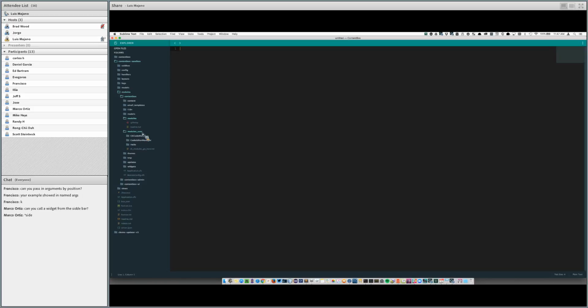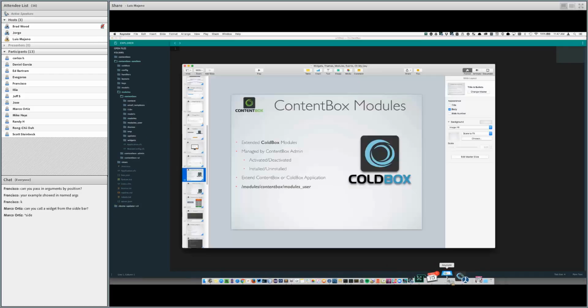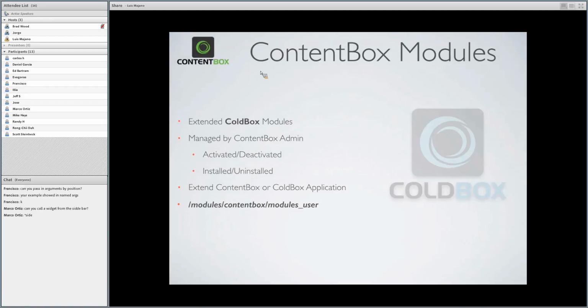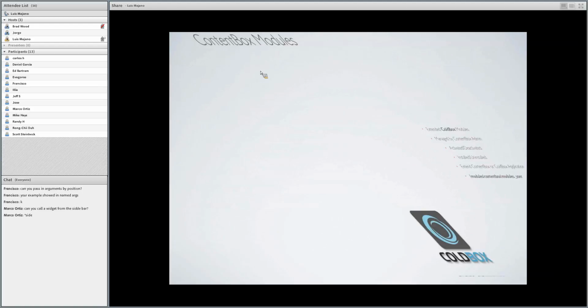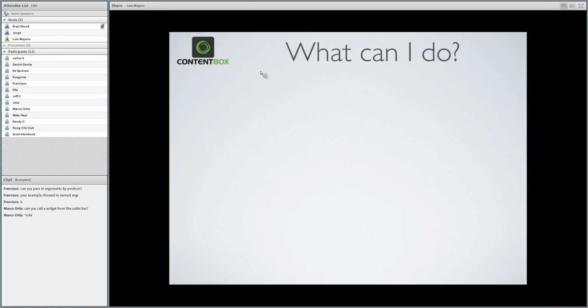Inside of the ContentBox module itself, the core, there are 2 module locations as well. One, the convention called modules as well. Remember, there is the ability for you to have modules within modules. So here is where we have module inception. And any modules that you place inside of this directory will be loaded for you automatically. Again, no installation, no on-installation, but it just allows you to basically package modules inside of ContentBox.